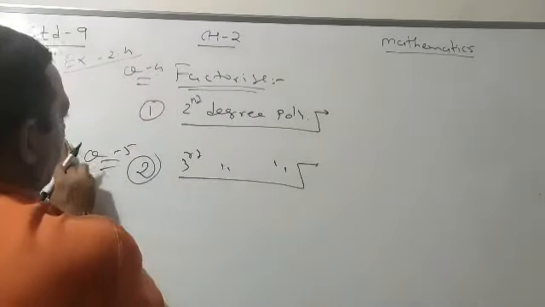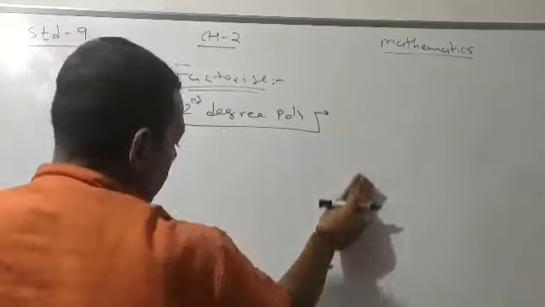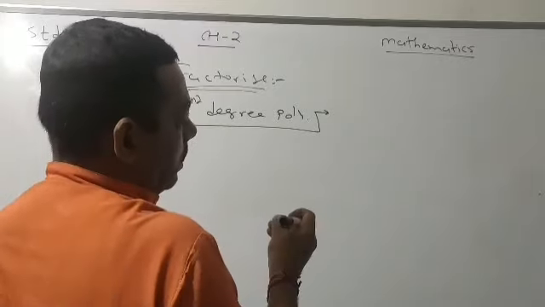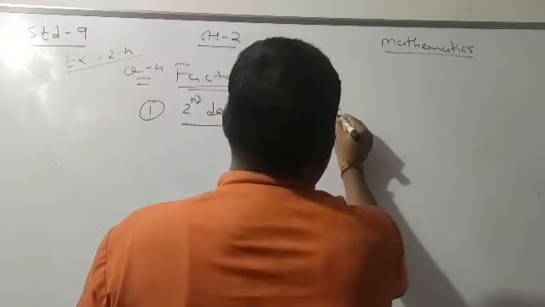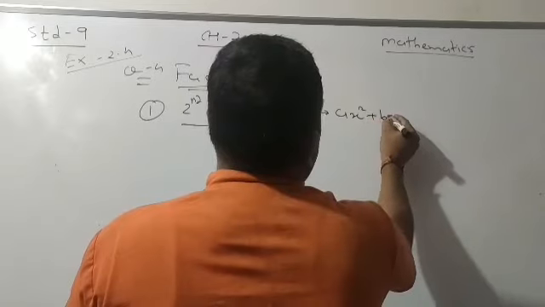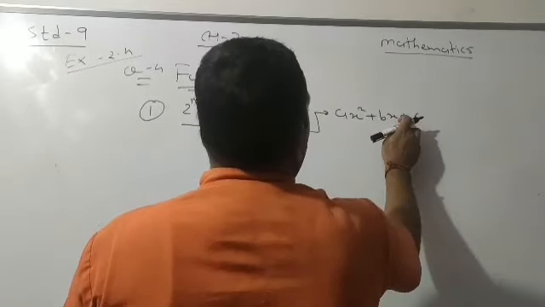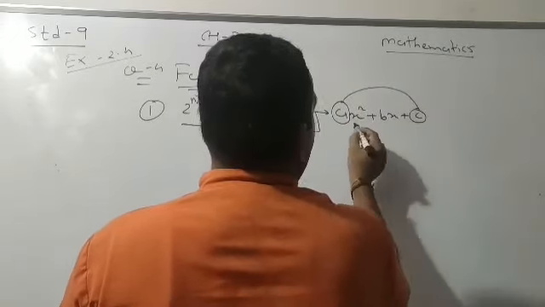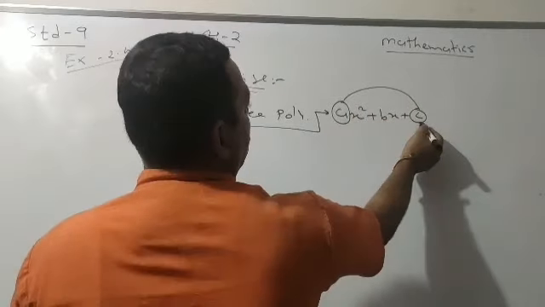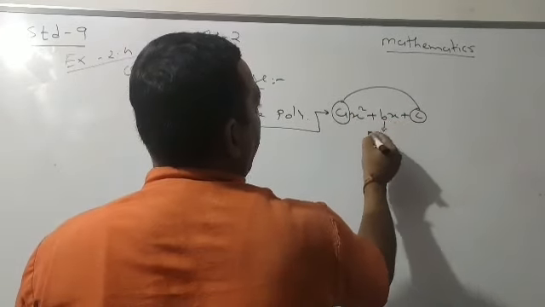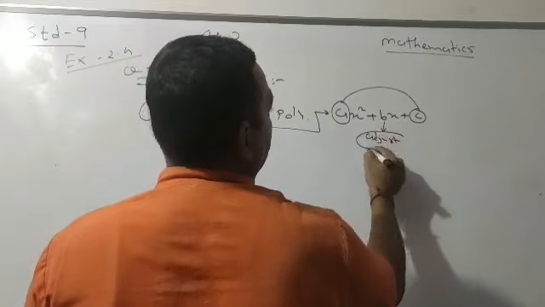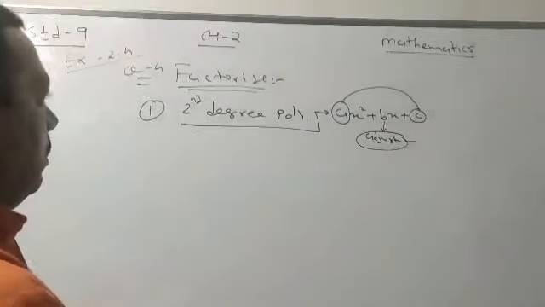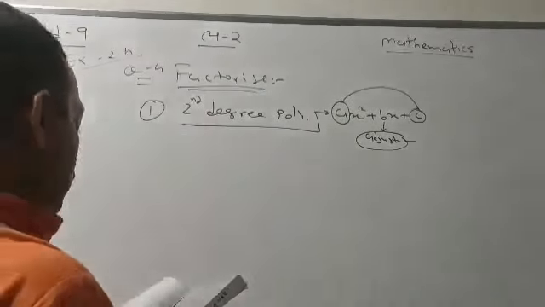Now, first of all, we will discuss the approach to solve the second degree polynomial. For a second degree polynomial, if I say what is the general form, then I have to write ax square plus bx plus c. What is the procedure? Every time you have to multiply first and last, that is the coefficient of x square and the constant term, and that you have to adjust at the middle. That you have to follow every time. Now we'll solve the question, right? So it will give you a clear idea.